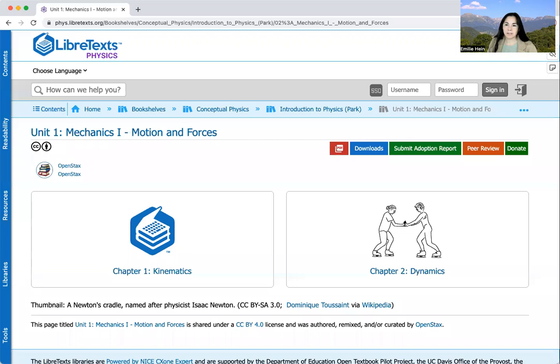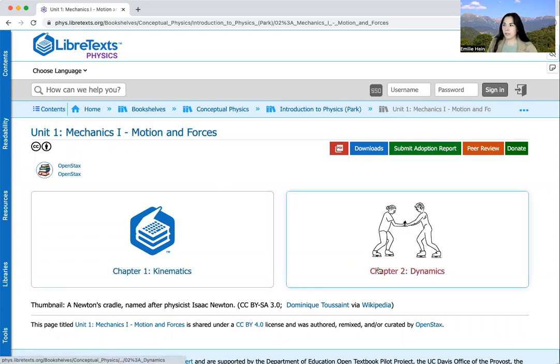All right, so let's take a look at chapter 2 now. Let me share my screen really quick. And so chapter 2 can be accessed from in your textbook from the Unit 1, Mechanics 1, Motion and Forces,